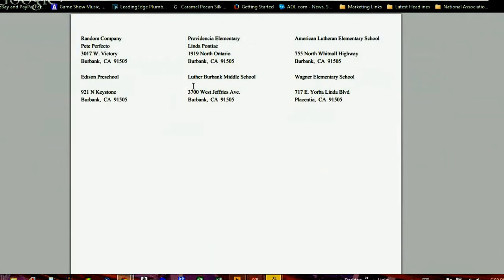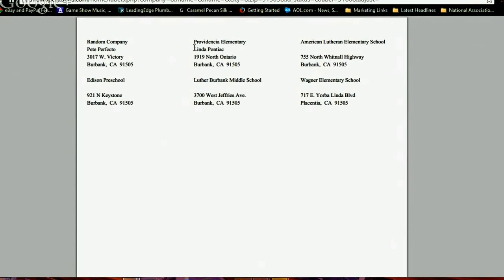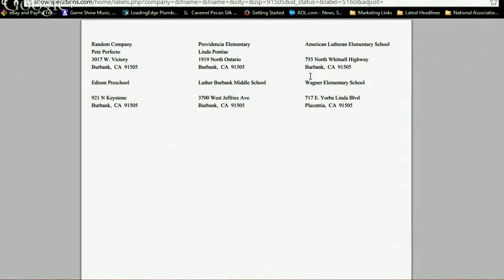labeling. Okay. Now let's go back and say we printed out this job, but we get another client that we need to mail out to. We don't want to throw away two-thirds of the labels. That's wasteful. So what we can do is, we know that there's 1, 2, 3, 4, 5, 6 that are